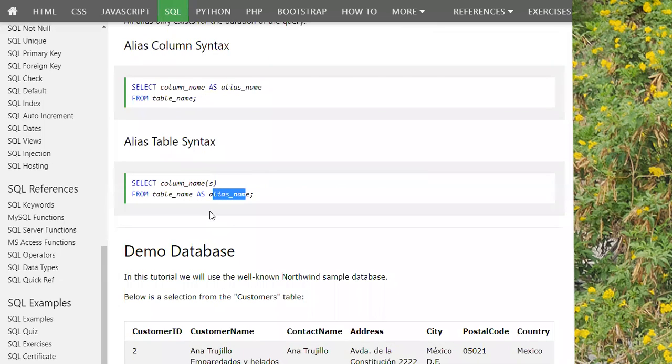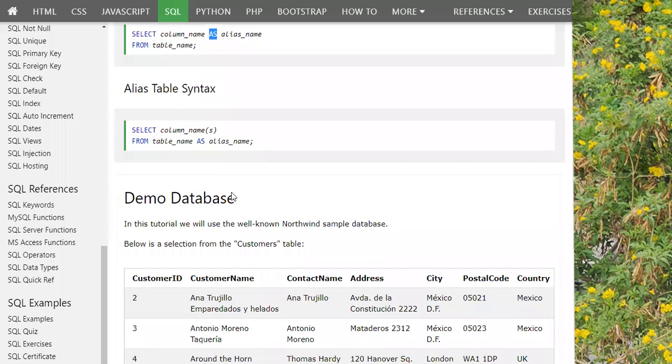This website is easily available. Okay, even if you think that it's going fast, you can always go through it. But since we have already taken 3 to 4 lectures in our presentations online and also in campus, I don't think this should be very, very difficult. But in case some slow learners or somebody who has missed the previous lectures, they can go through the site. So this is the alias name. The keyword is AS, right?